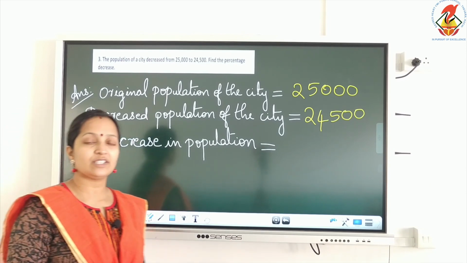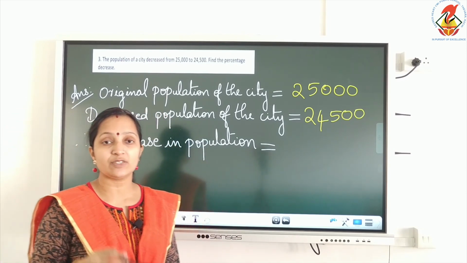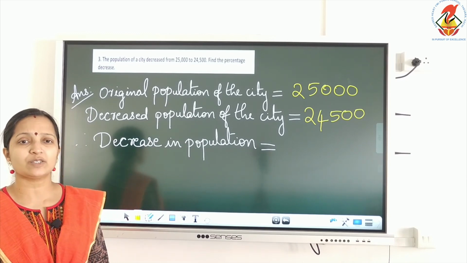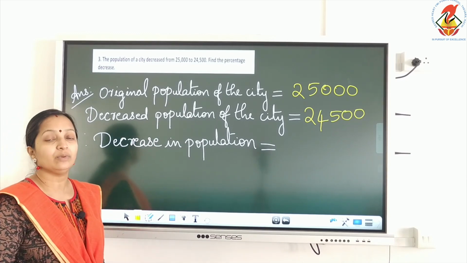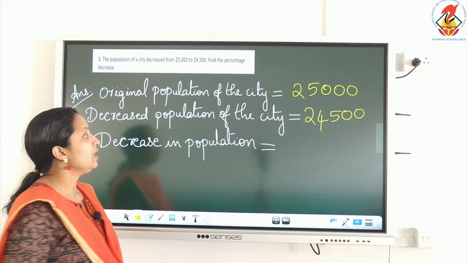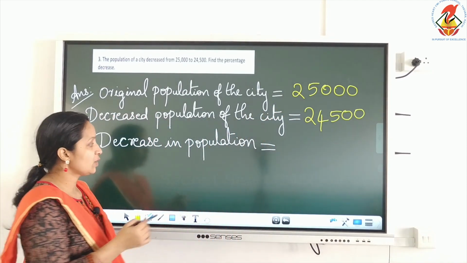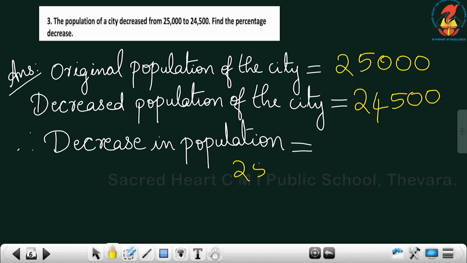That means percentage decrease. Before finding percentage decrease, first we have to find out the amount of change. Here amount of change means what? Decrease in population. How will we find the decrease in population? The original population minus the new one. So 25,000